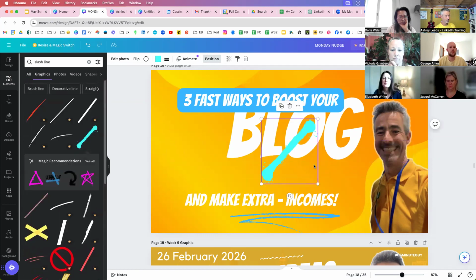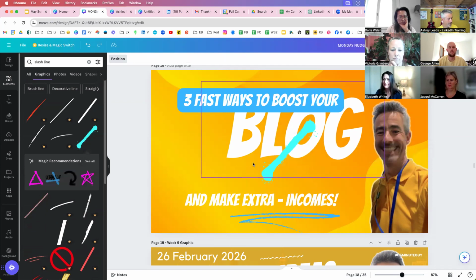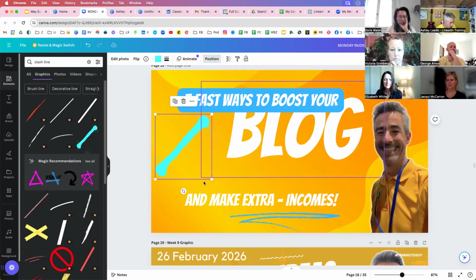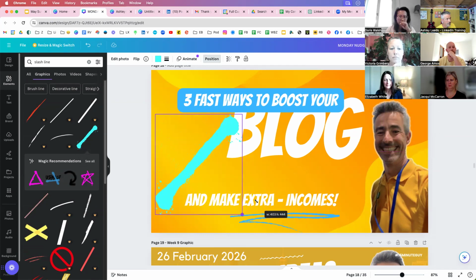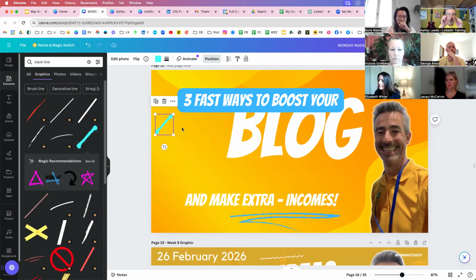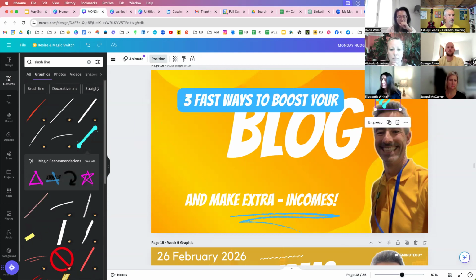Now there's one. So there's my line, right? I can size it. I can do whatever I want to. This is a little trick that I use. If I make that nice and small, and then Control C and then Control V twice, I get 3 little lines. Then what I can do is grab hold of them all together, and then click Group. Now, when I move them, I'm moving all 3. Does that make sense?